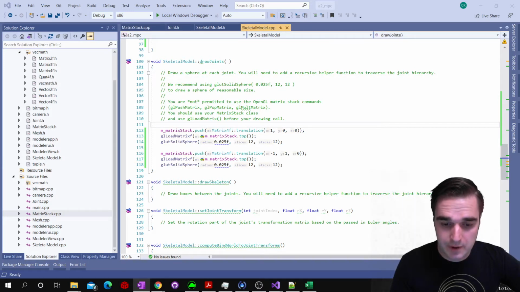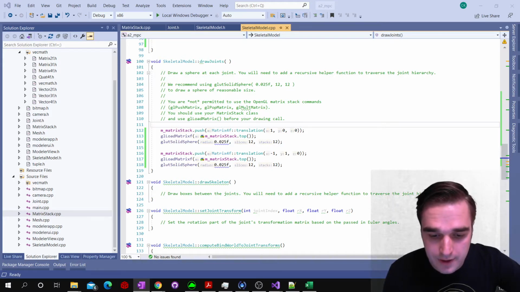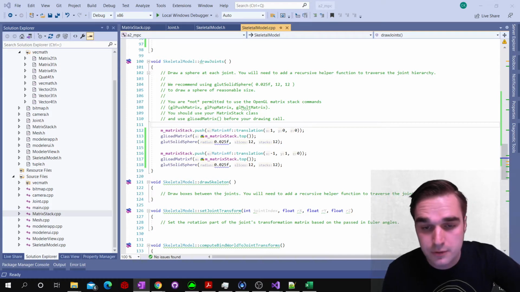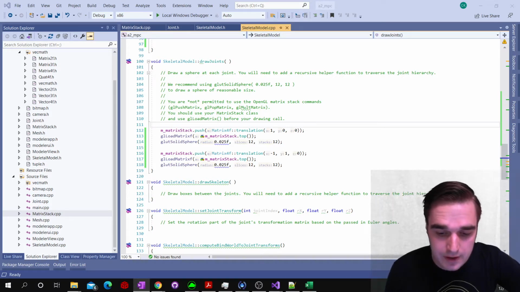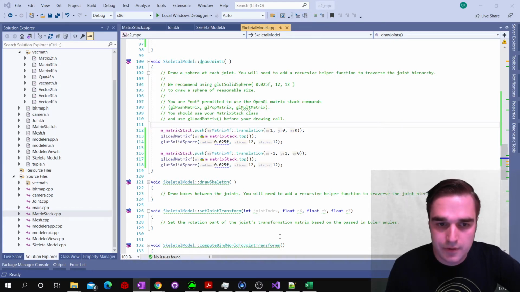We've already talked about what happens as you push and pop and use the GL load matrix code, and how that controls where we're going to be drawing. I do encourage you to spend some time experimenting, but let's continue on now that you have some intuition for how that works. All right, so the cool thing about this matrix stack thing is